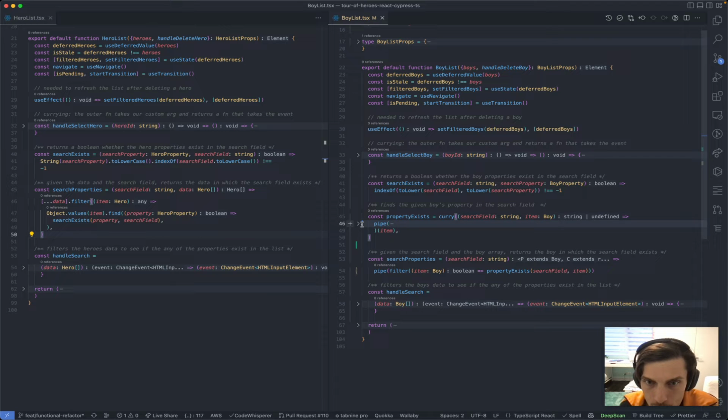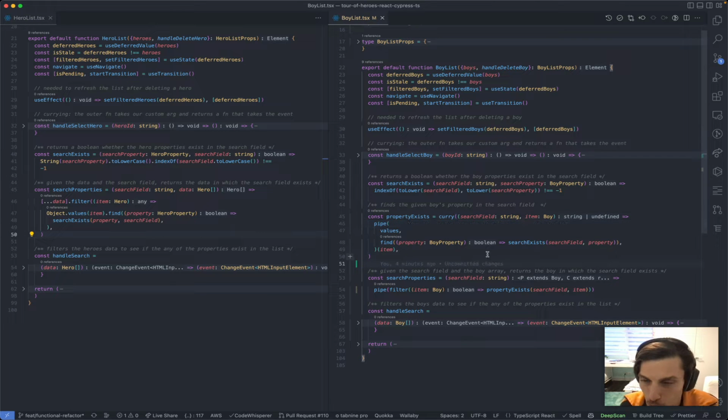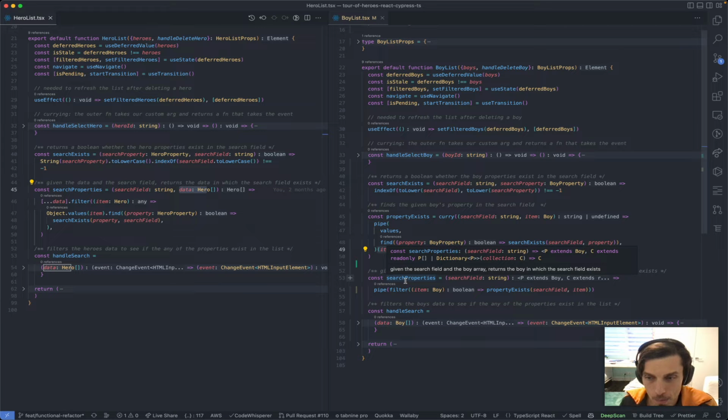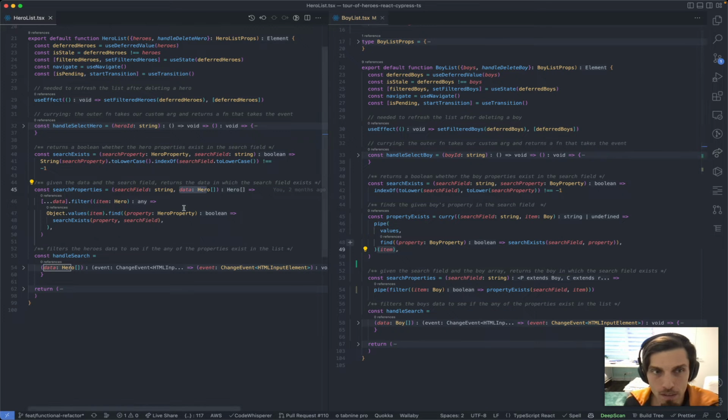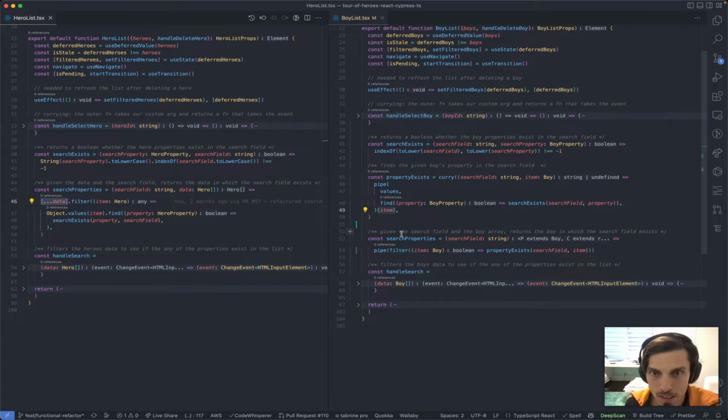So here's a Ramda version. And don't get scared of the query and the Python. I'll explain why they're there. But think of it this way. So we have the item, right? That is basically this array. With Ramda, right? What if we could pass this data later? We don't have to worry about it, right? So what if that would be possible? And